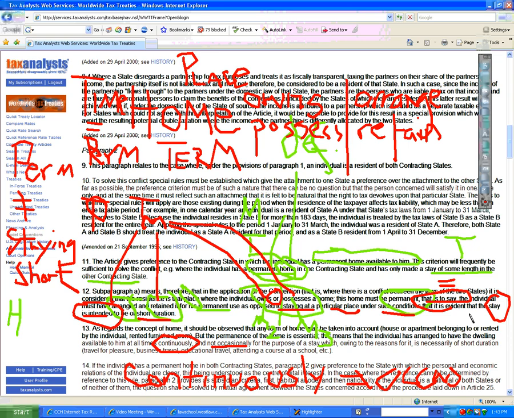So even though this isn't perhaps the best way to write a statute, this certainly fails under the civilian code test of how to draft a statute or treaty. This is definitely a common law approach. However, at the end of the day, having read through it, we finally decipher a very clear, still broad line, but clear definition that we can apply to our clients and to a discussion with a revenue